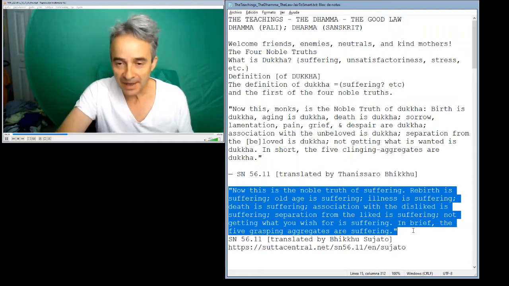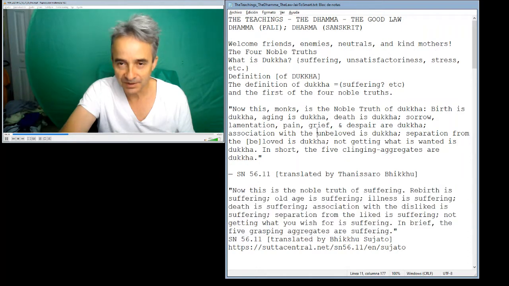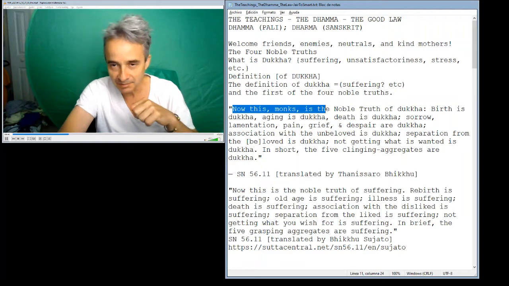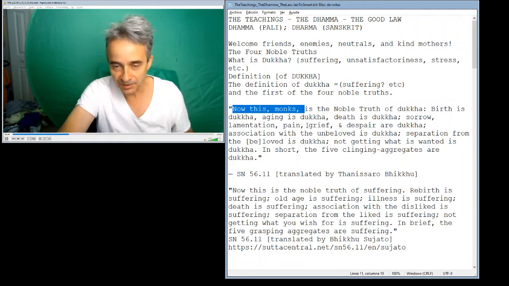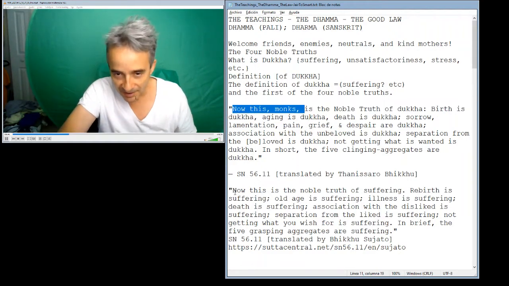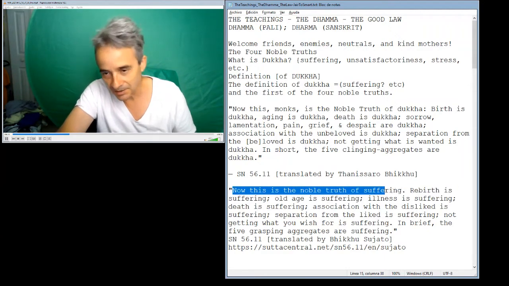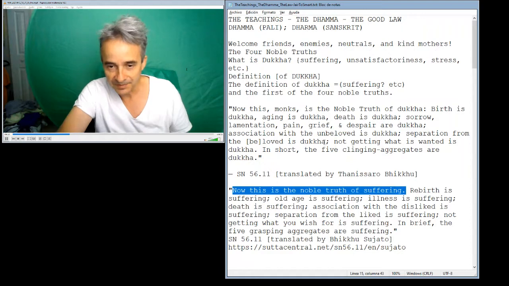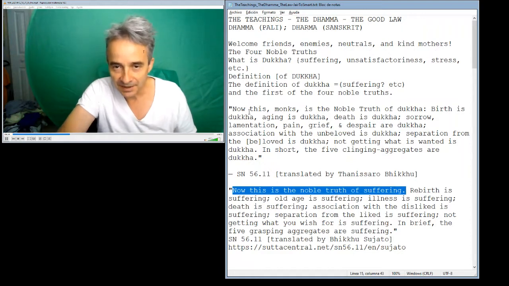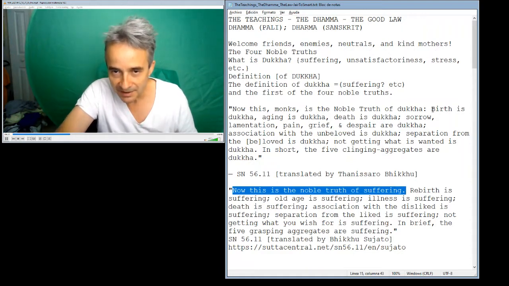Right off the bat, I noticed a difference. The first translation goes, "Now this, monks, is the noble truth of dukkha." But the one I just read doesn't include the word monks. It starts off, "Now this is the noble truth of suffering." And then another thing I noticed is different is that the